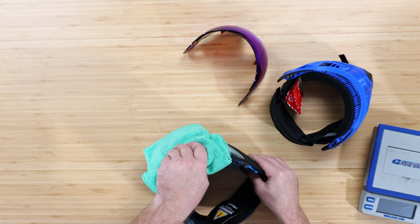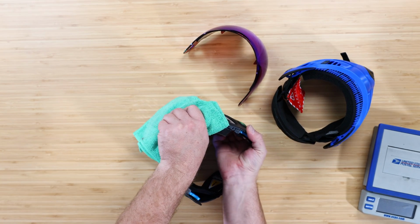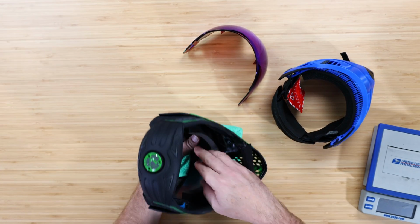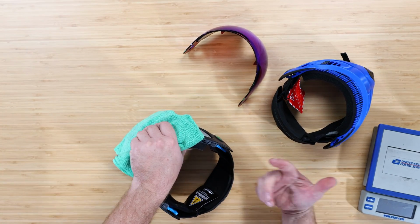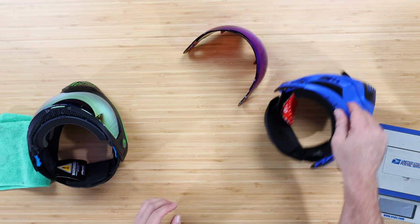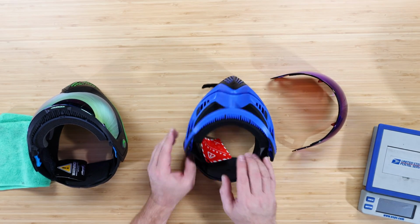I'm going to do the same thing over here. Make sure it goes all the way over. Pull it back. Check it. Locked. Locked on the inside there. Can't flex it back over. It's good to go. On this one, you need to make sure that both of your tabs that we slid